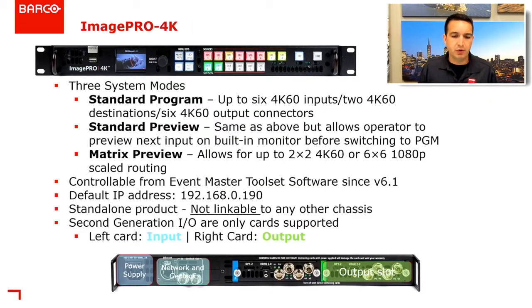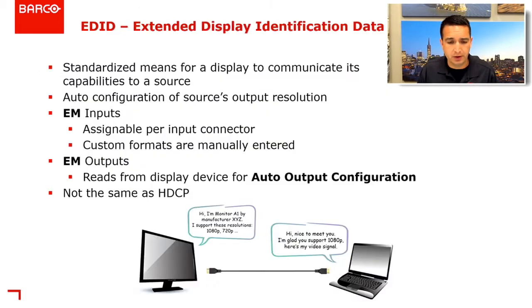Then we have the Image Pro 4K. So the Image Pro 4K runs in 3 standard modes: standard program, standard preview, matrix. It's more of an up-down cross converter for digital. You cannot use Generation 1 cards, only Generation 2 cards are supported in it. I also did an awesome video with Tim Morin, formerly of Rentex, and that's available on the YouTube page as well. I urge you to go watch that, so I'm not going to spend too much time on the Image Pro 4K. So let's talk about some terminology for